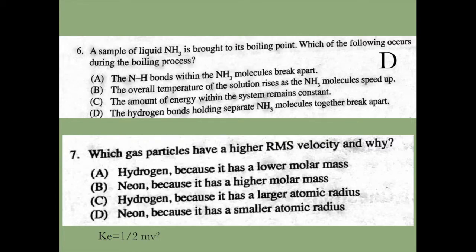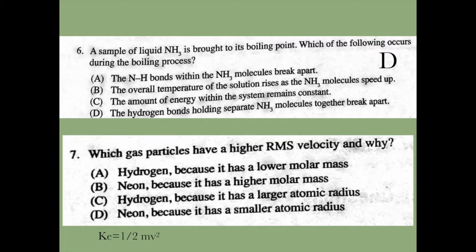So since all of these gases are at the same temperature, they all have the same kinetic energy. So if you look at the formula now, they all have the same KE. The larger the masses, the smaller the velocity is going to be, which makes sense. Think about a car. If they have the same amount of energy, a huge truck versus a little tiny car, the little tiny car, if it has the same amount of energy, is going to be moving quite a bit